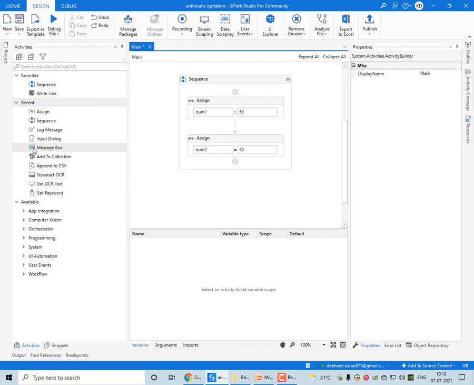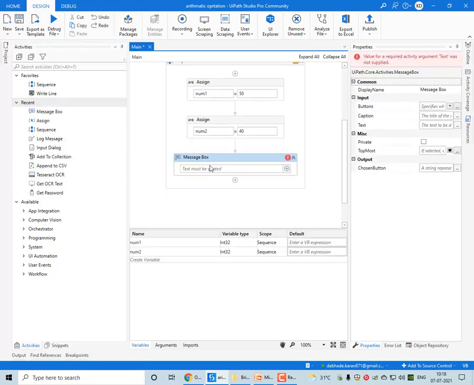Now I will take one message box and I will try to merge these two things.